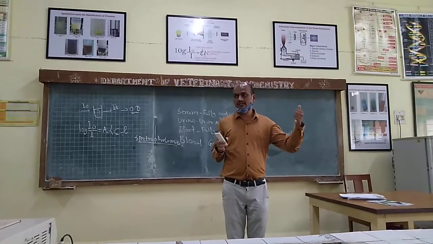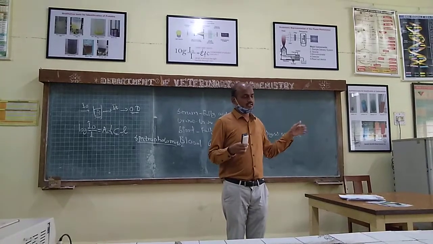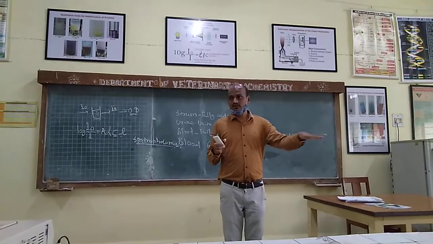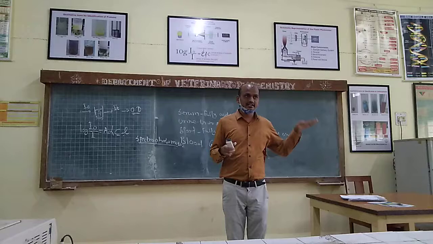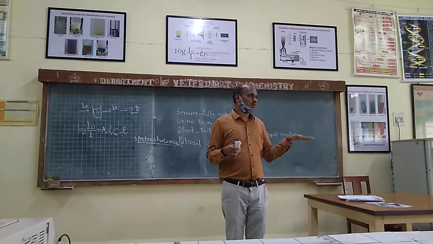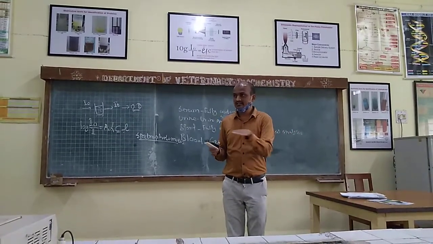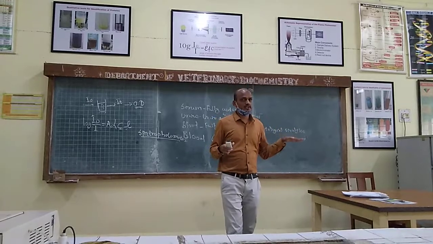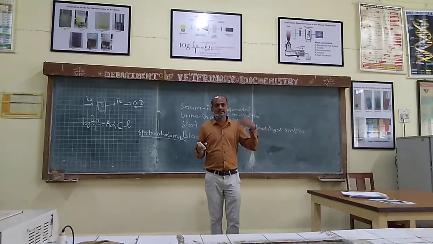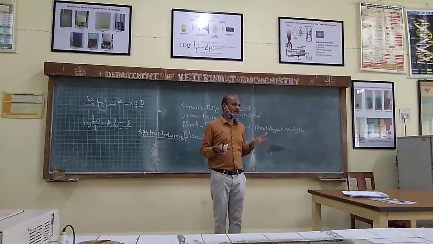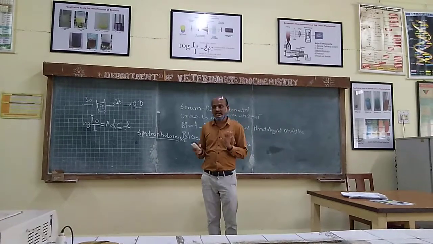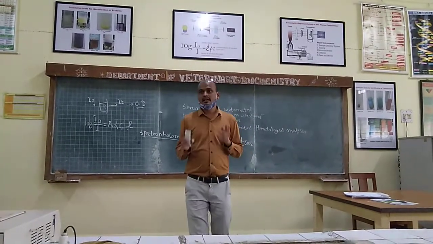If you are going to do it test by test, then you take total protein and calculate that set of tests, then you take serum cholesterol estimation and complete that test, then blood urea nitrogen. So it will take more time. For that purpose we have the fully automated biochemistry analyzer. It performs a lot of tests at once.